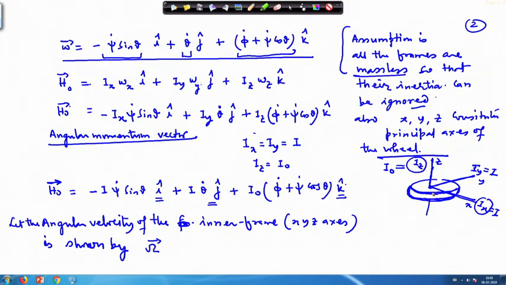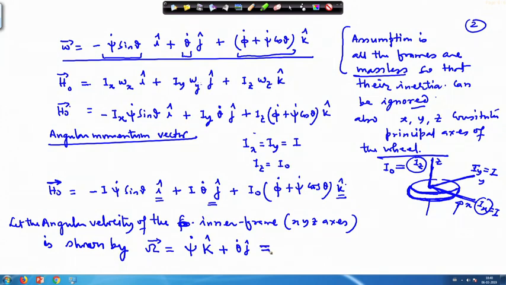So, you can see that your x y z axis is not spinning with the wheel. So, this will be constituted of only psi dot capital K cap plus theta dot small j cap. Only these two will feature. Phi dot will not be included, because phi dot gives the angular velocity of the spinning speed of the wheel, while the axis we are taking is not spinning along with the wheel. So, the frame angular speed is only this one.